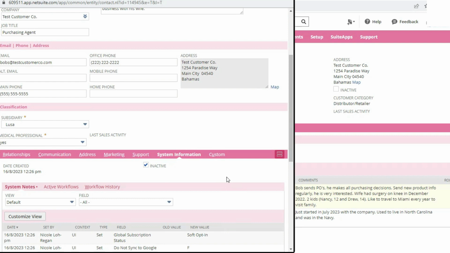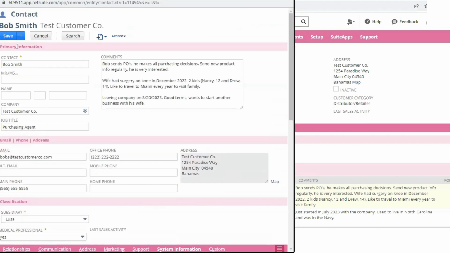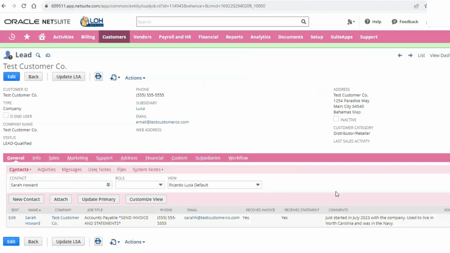This will make sure that all the past communications and work done with Bob stays in NetSuite, but you won't see him in your list anymore. So we'll say Bob Smith. We'll say, bye, Bob Smith. You're no longer part of this record. Okay, so that's how you manage contacts. Really important to keep them up to date and maintain them.